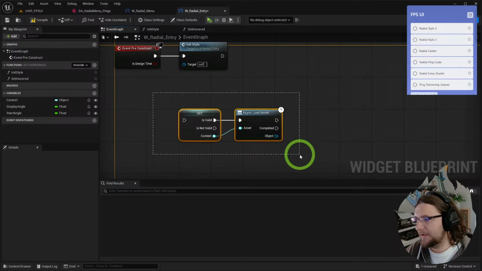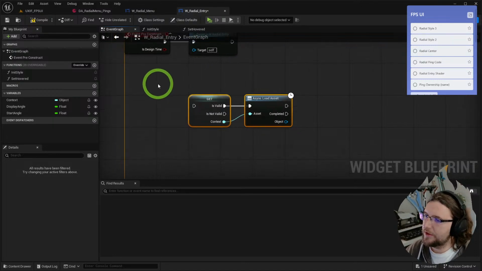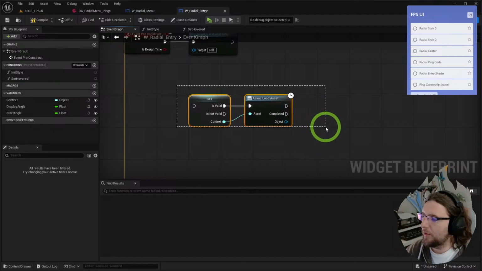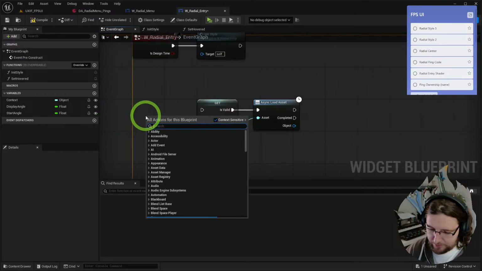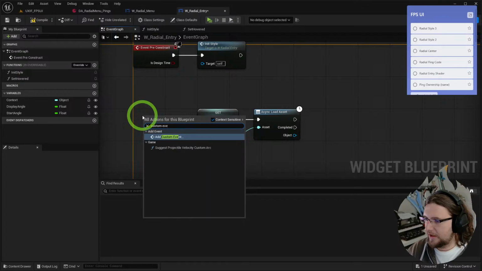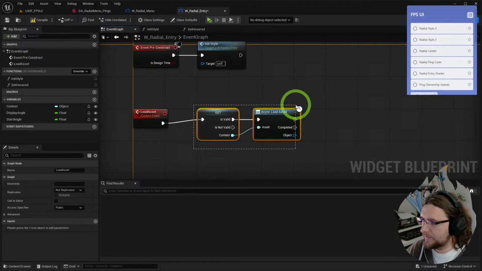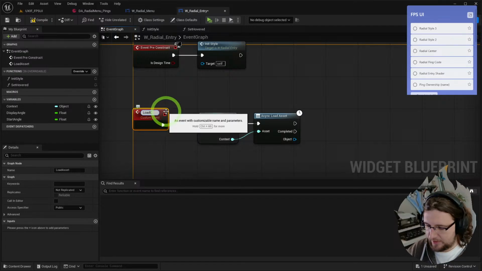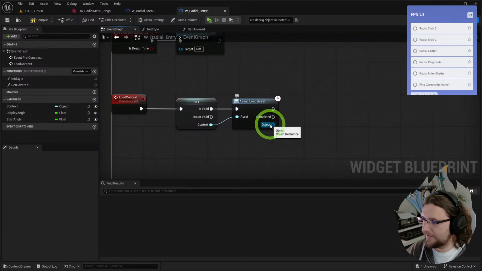This is a function that is going to be necessary for every radial entry, and so I'm wondering whether I can figure out a way. Let's say, for example, event construct. We could do it on pre-construct, I suppose, but custom event load asset, load context, I should say. Load context. It's going to take it, load it, and if that's valid,